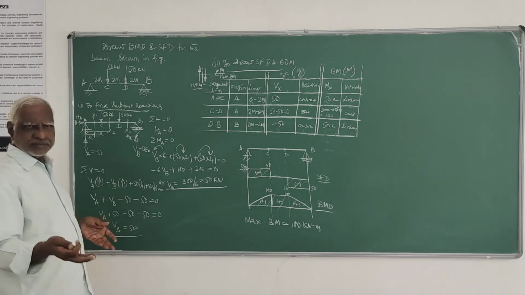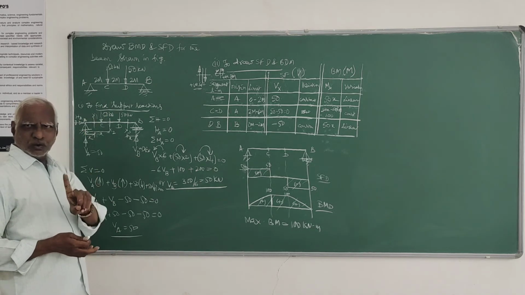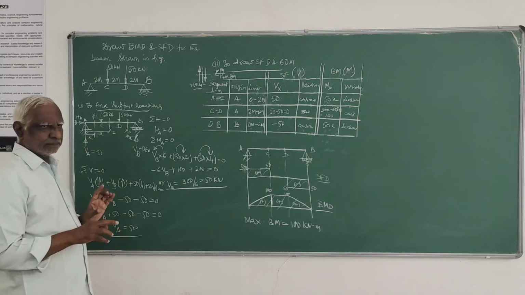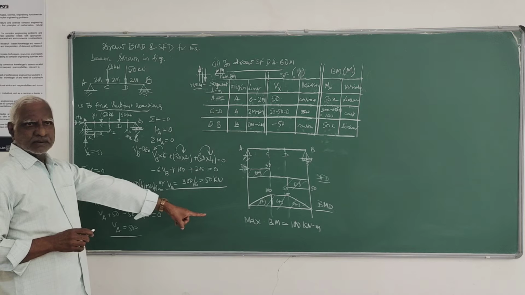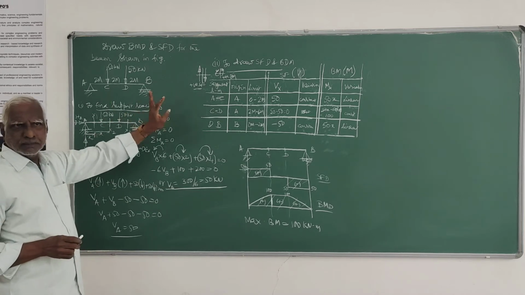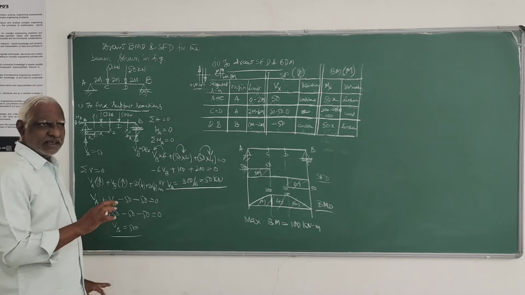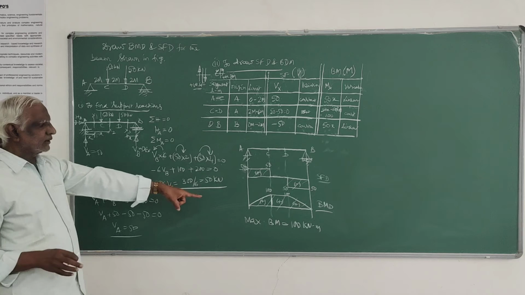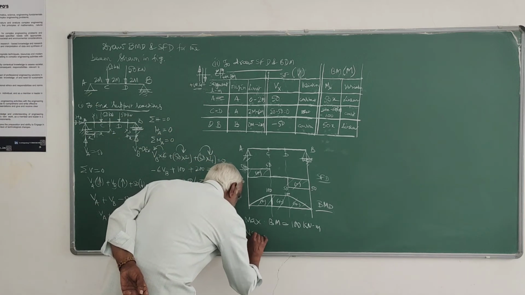When you have only one load, then maximum bending moment occurs under that load only. So all the problems in the previous class were only one load, either UDL, where UDL means concentrated at the center, or a concentrated load, which is only at that point. Whereas here, when you have more than one load, then the point of maximum bending moment you have to determine, and that is usually where shear force is 0.